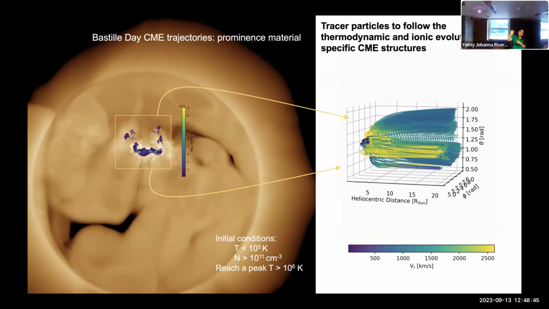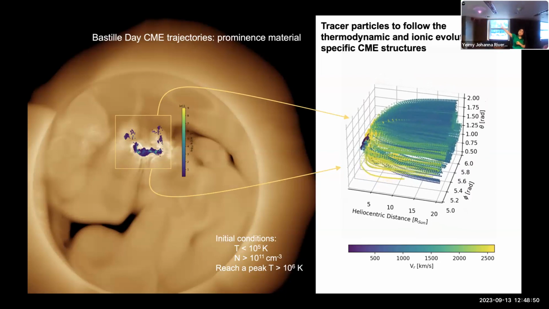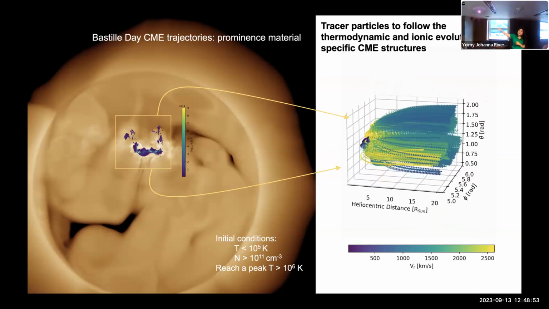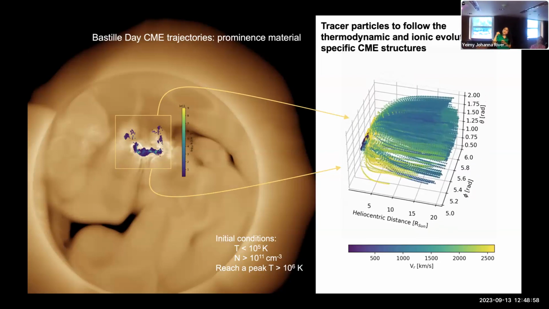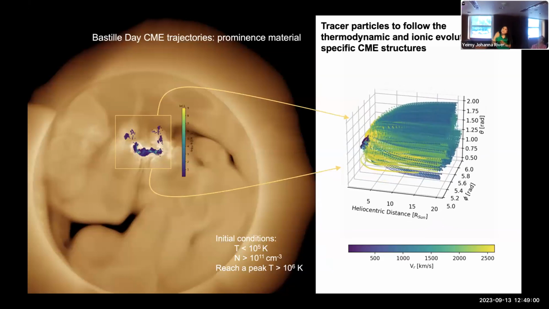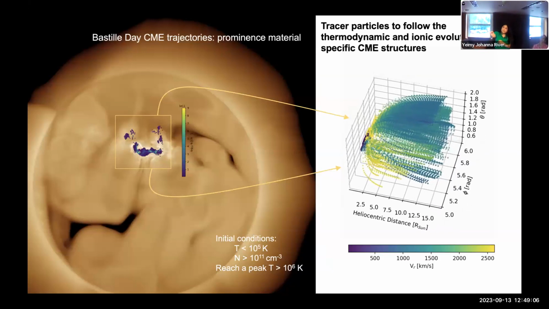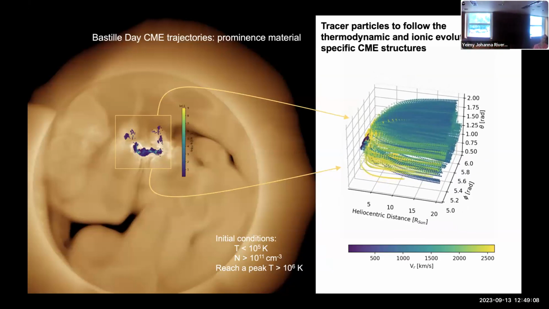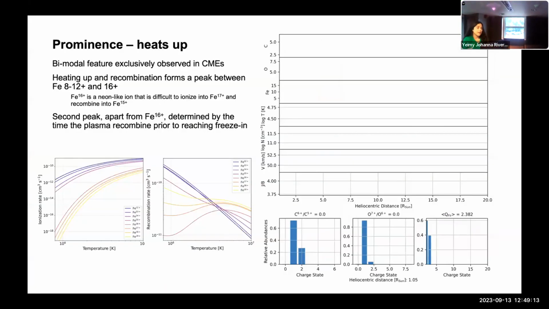So very cool, very dense, like we talked about. In this case, these are the particles that actually make it out to the simulation box edge. So conceivably, structures that would be measured by particle detectors in the heliosphere are actually making it out of the simulation box. And then also the ones that are heated to over 1 million Kelvin. So very specific conditions. And then we can take a look at what those charge states look like. So we have those two structures that we were trying to reconstruct. I'll start with the second half because that's the one we actually reconstructed quite well.